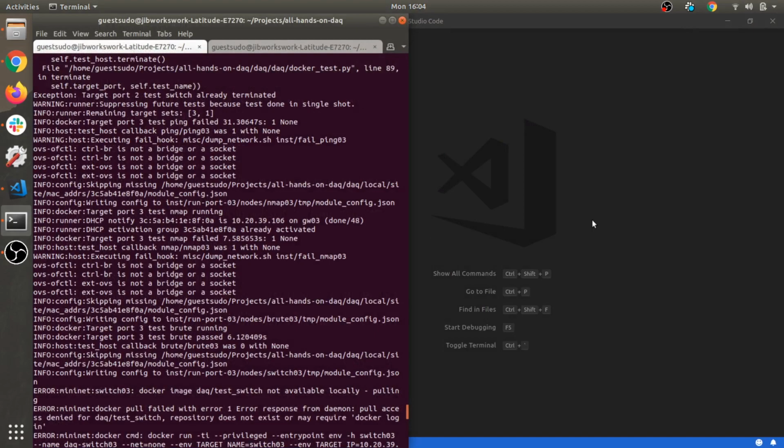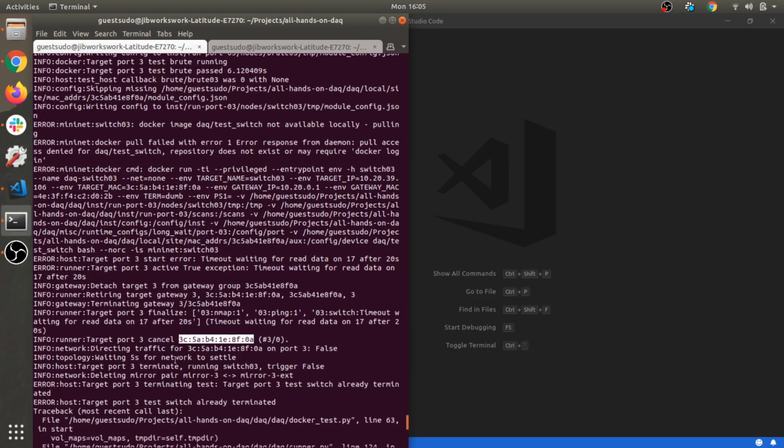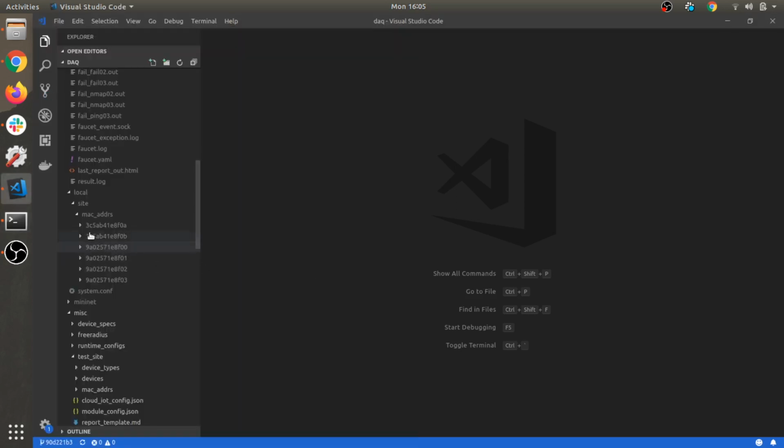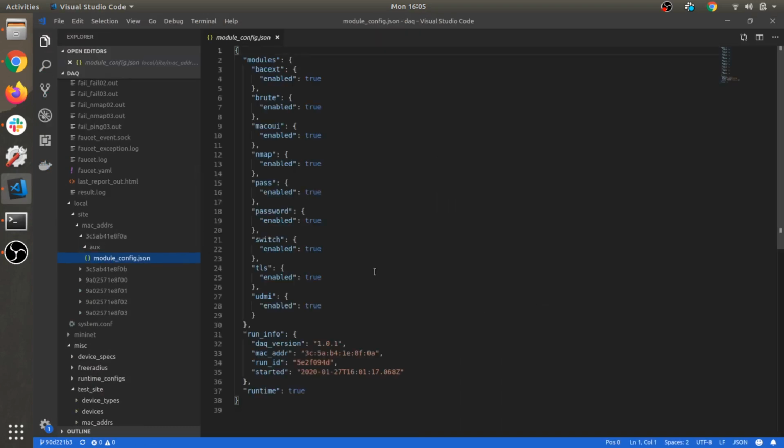Should have a look. So what MAC address was that for? This is something that might happen in the course of your DAQ life. So we're running a test on the device with MAC address 3C ending 0A. So we'll have a look in there. Have a look at module config. And we can see